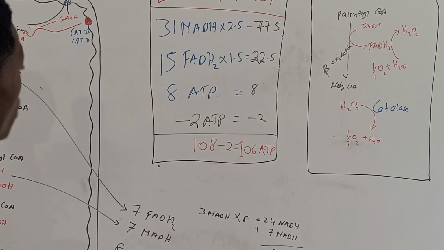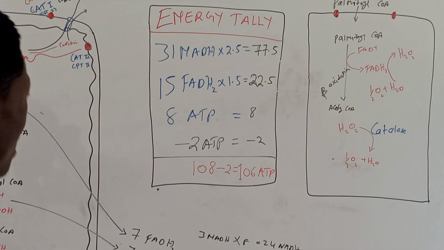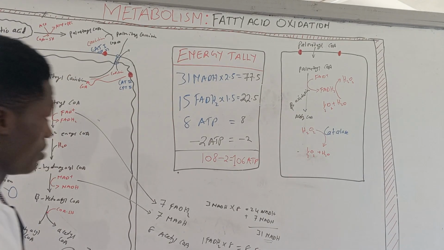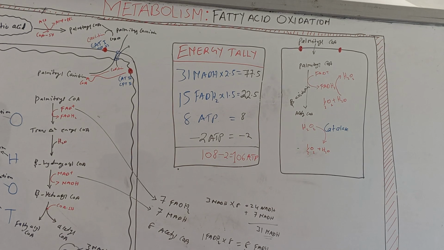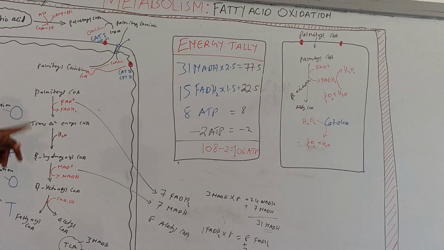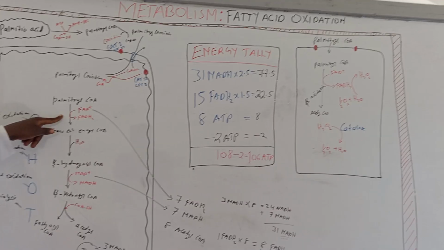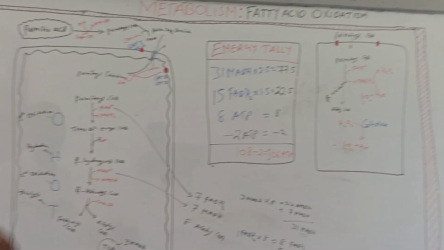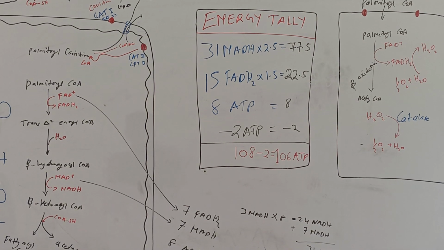Now guys, what is remaining is just the disorders associated with defects in these particular cell organelles and processes. For example, the first enzyme that catalyzes this reaction is called acyl-CoA dehydrogenase. When there's a defect in the medium chain acyl-CoA dehydrogenase, the defect is going to be called